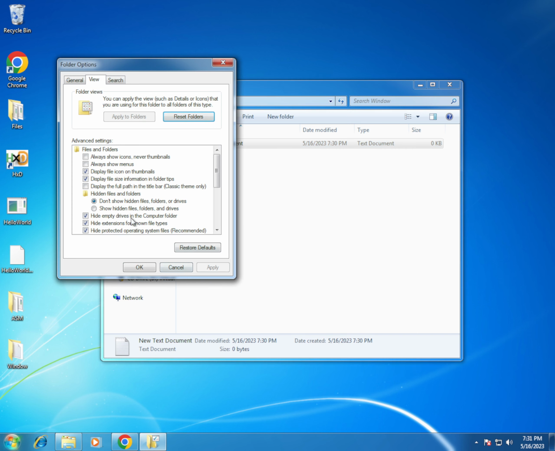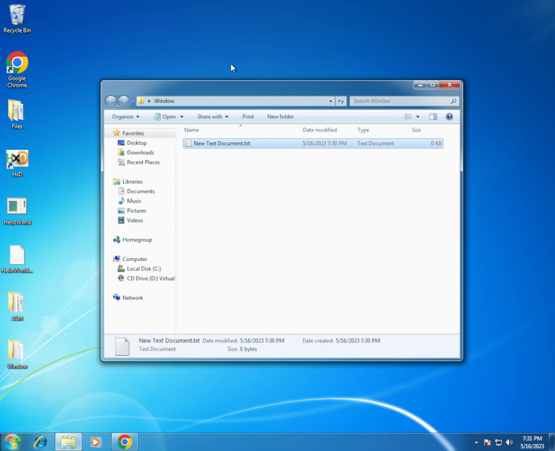All right, I found it. Okay, so right here we can make it so it doesn't hide hidden files. Always show icons. Hide extensions for known file types. There it is. So we get rid of that. All right, there we go. So now we can easily just call this